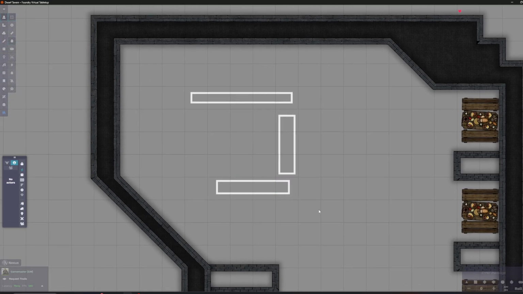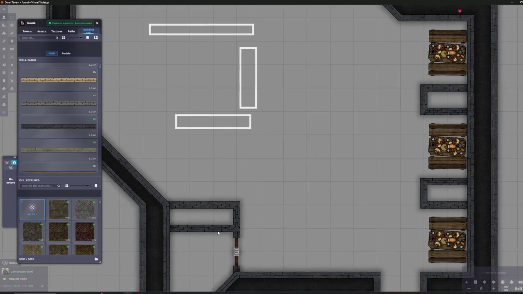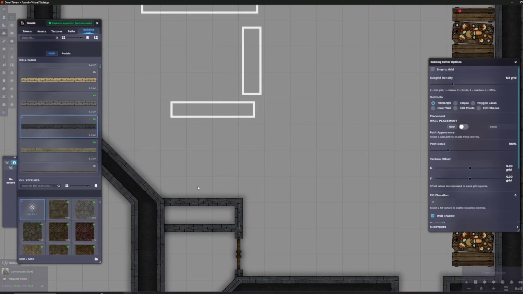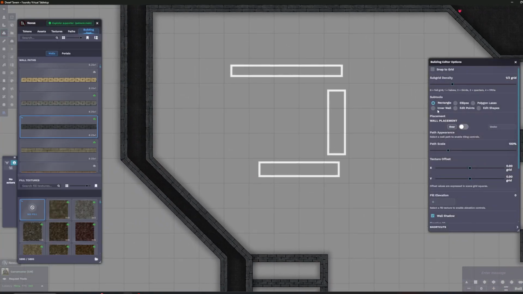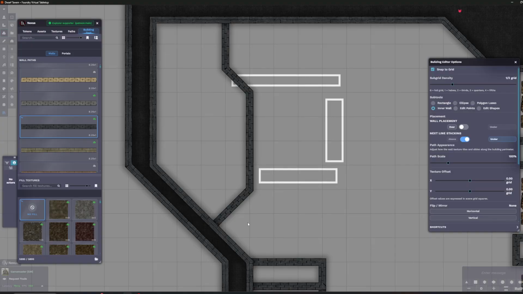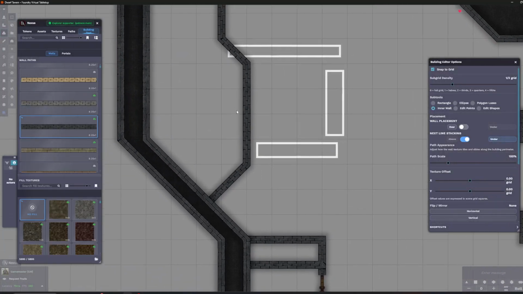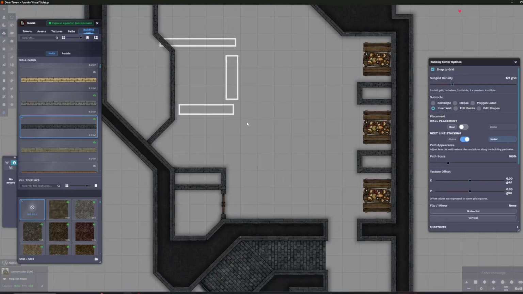So what we'll do is go back to the wall tool, and I'm just using the standard volcanic paths for this and doing inner walls. So what we'll do is escape to cancel out of that wall because I didn't have snap to grid on. So we'll do this, this, and that. It creates a strange design, and again, I'm no architect or city planner or anything, but